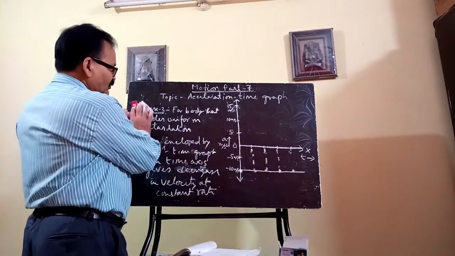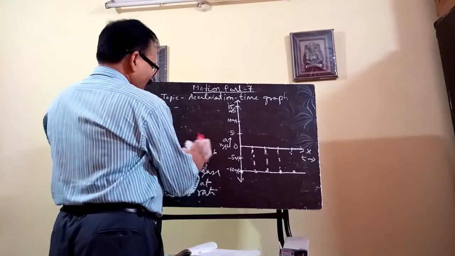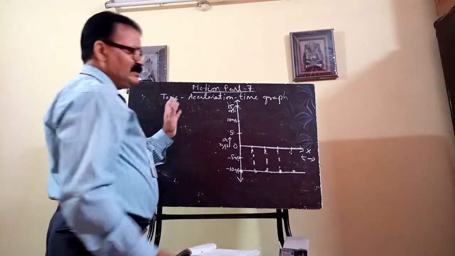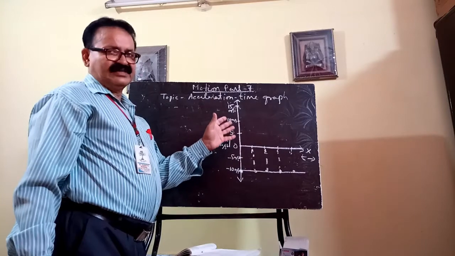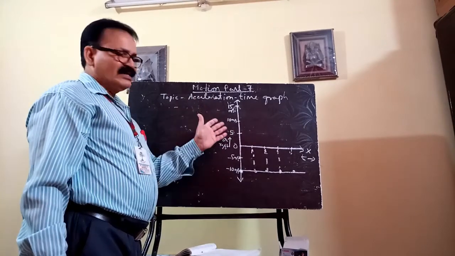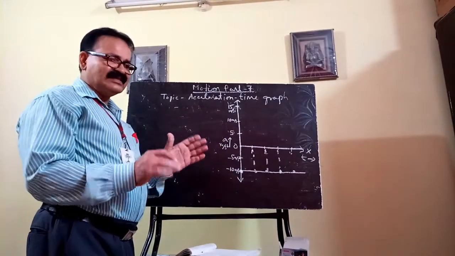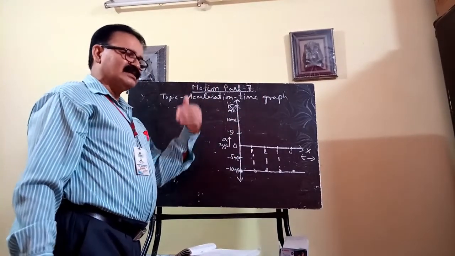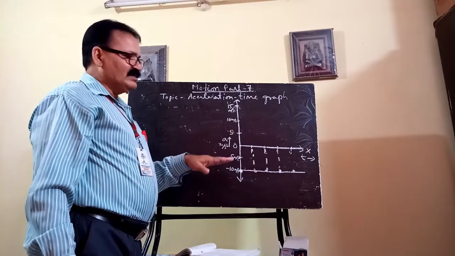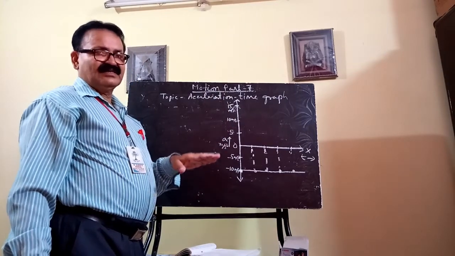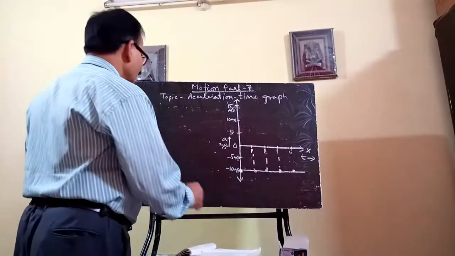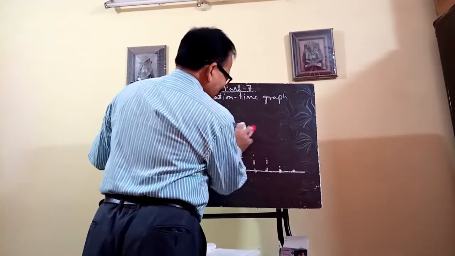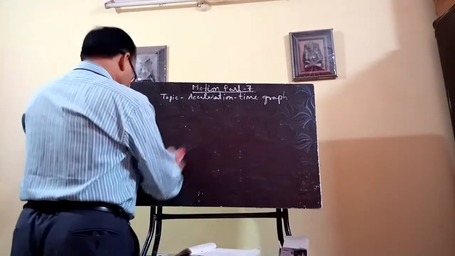For the fourth case, you see, in the uniformly accelerated body, when you calculate the velocity, velocity does not remain constant. Velocity is either increasing at a uniform rate or decreasing at a uniform rate. So that means here the velocity is variable, not constant. So now I will give you another case, suppose case 4.